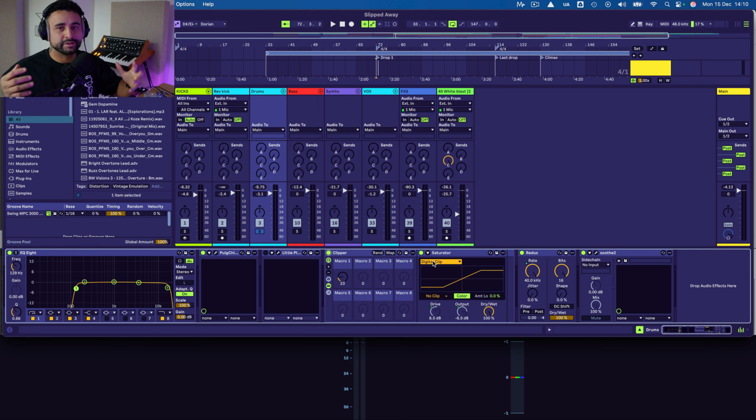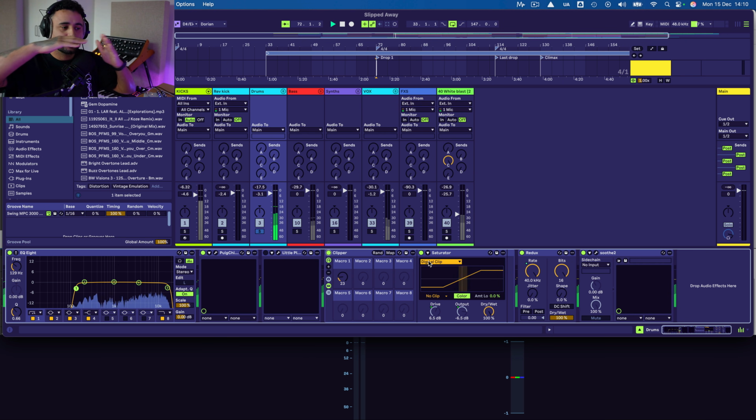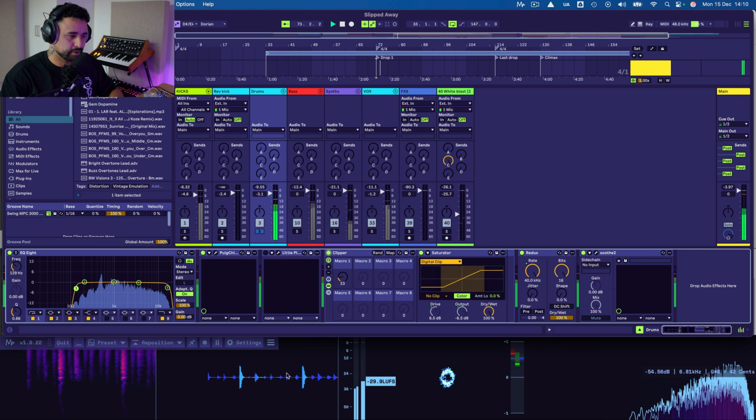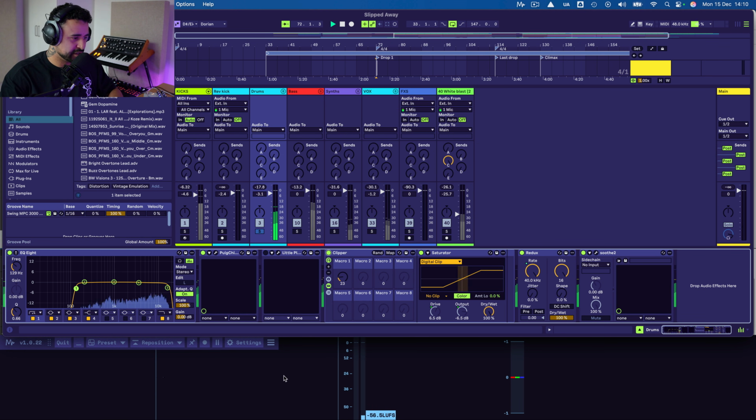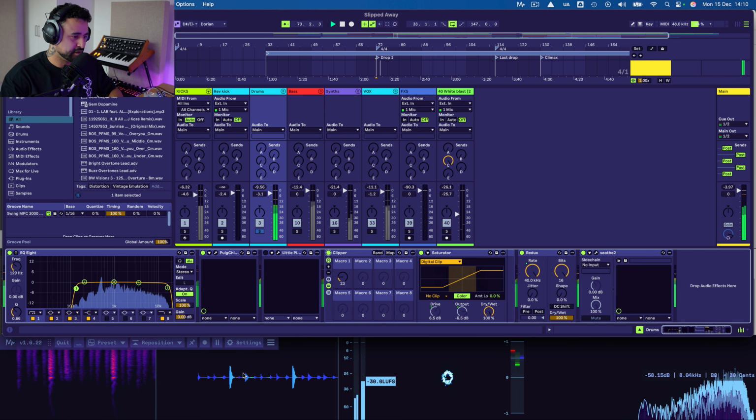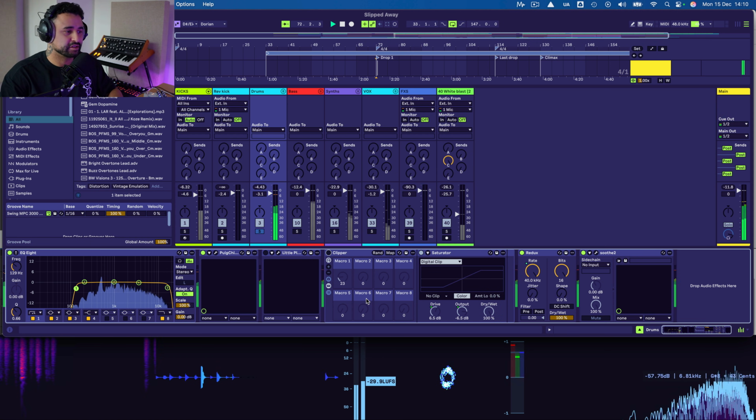I don't want to add more additional harmonics. I just want to control the peaks. Okay, so you can see here, it's still dynamic. There's hats which are here, and then there's a snare, which is this one here. And then if I take this off,